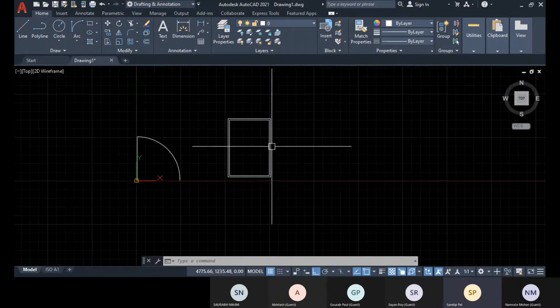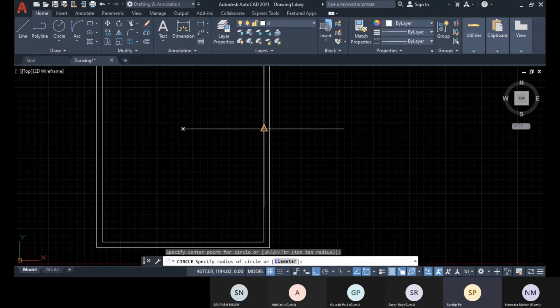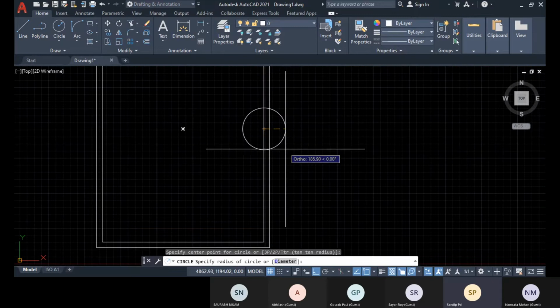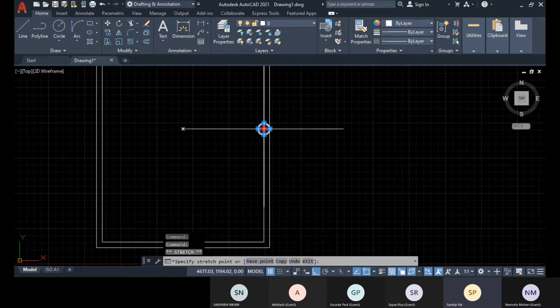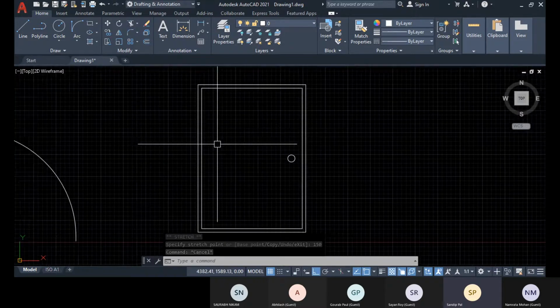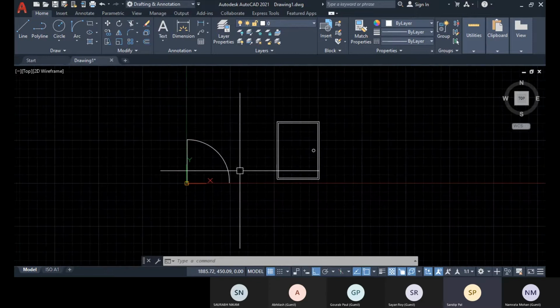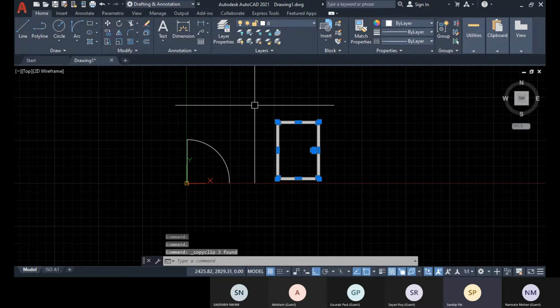So for that, let's specify this circle over there, the midpoint from now, and like 50 is good with, and let's move this like 6 inches away, 150 direction, and this is about your elevation. Okay, so I will just select and with Control C, I'll copy this. Okay, I'll copy with Control C.